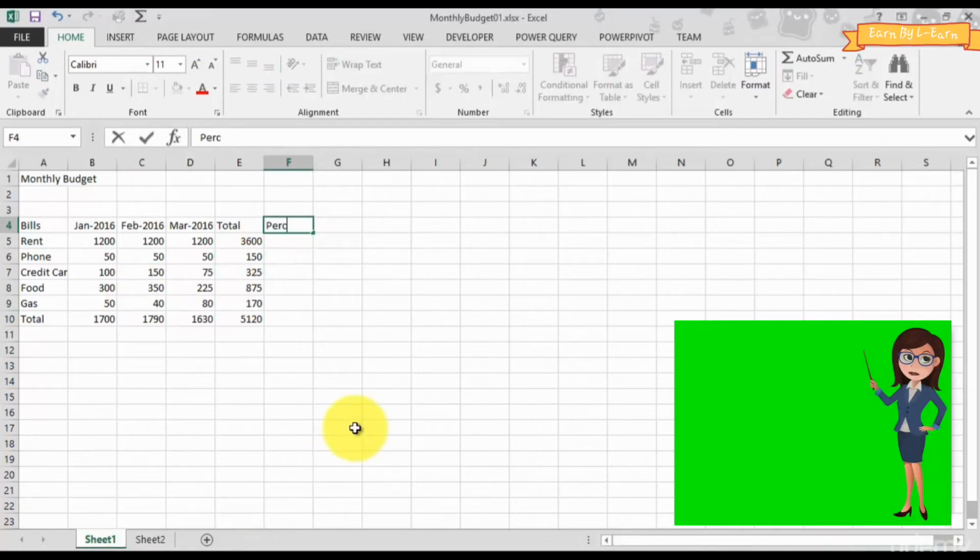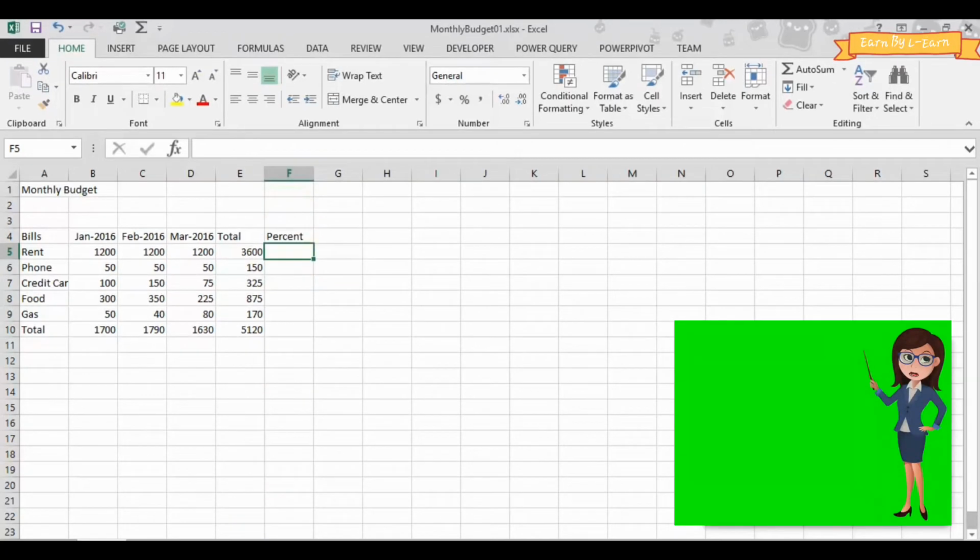We'll do a %. I'm going to hit my enter key. So now I want to know what percentage each bill's total is. Like rent, we spent $3,600. What's the percentage of the total spend versus the total for phone? What was the total spend or the percentage of spend there? Well, for my formula, I start with an equals,